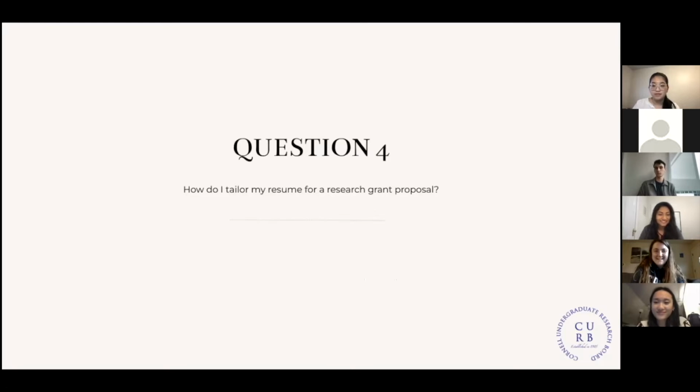Okay, I'll go first again. For that, you want to think about what's relevant for what you're proposing. It's great if you have tons of experience in lots of things, but if you're trying to do research in a specific area, I would highlight what experience you already have in that area, and what classes you have taken in that area. Make sure that your references, if it requires references, are people that are also in that area. So try to emphasize that,